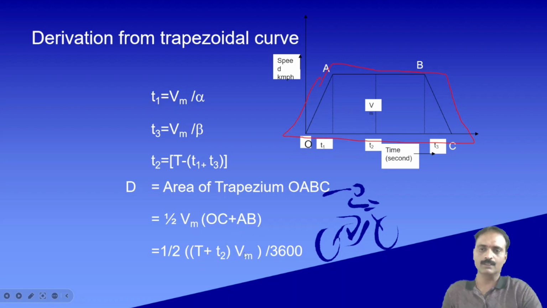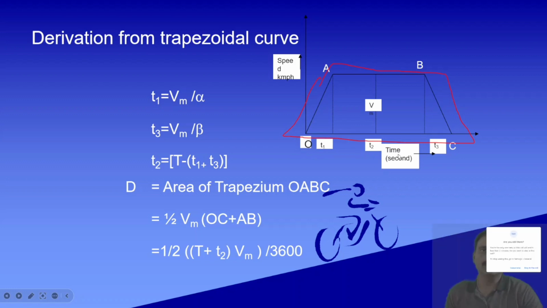The time is expressed in seconds here, so the seconds are to be converted into hours, because as we know distance will be measured in kilometers, so kilometer per hour multiplied by hours will give you the distance in kilometers. So here we need to convert the time which is represented in seconds into hours. So we get here 1 by 3600 hours. 1 by 2 multiplied by 1 by 3600 will give us 1 by 7200,